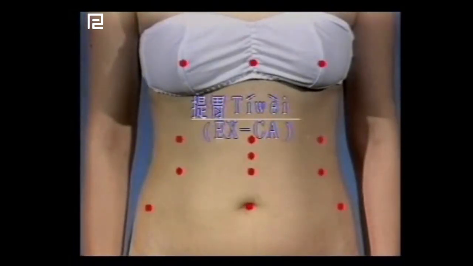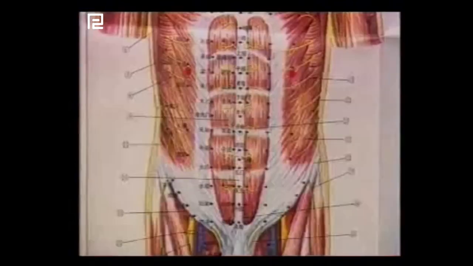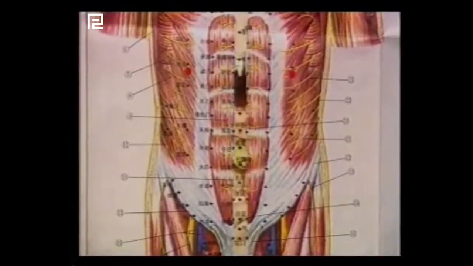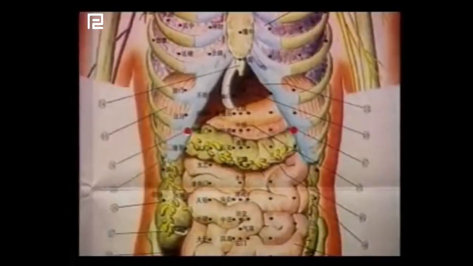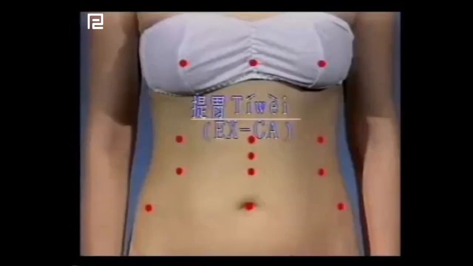Location: on the upper abdomen, 4 cun above the center of the umbilicus, 4 cun lateral to the anterior midline. Indications: gastroptosis and dyspepsia. Methods: puncture 3 to 4 cun. Puncture subcutaneously or under the external oblique muscle of the abdomen towards Tianshu. After inserting the needle obliquely, lift and at the same time rotate the needle. Moxibustion 3 to 5 cones or 10 to 30 minutes.